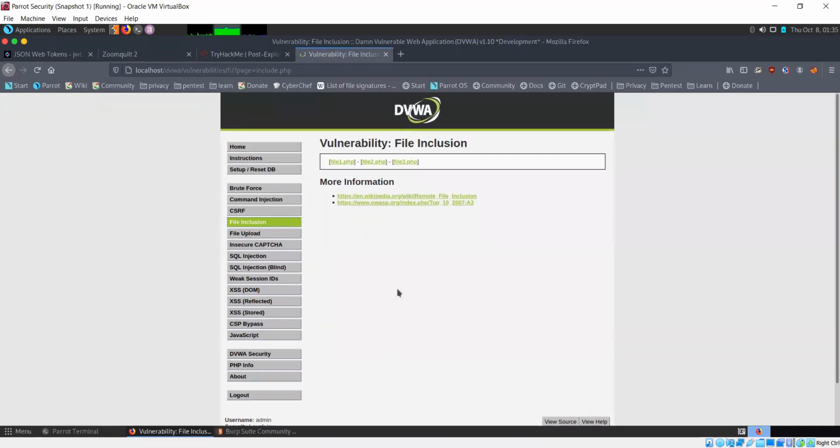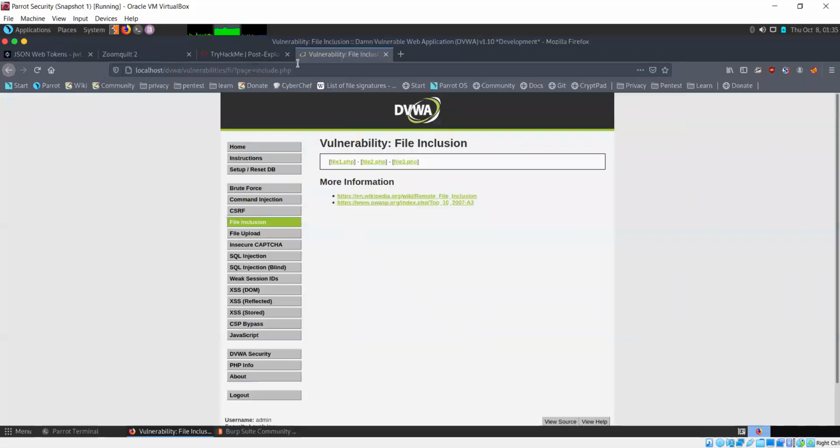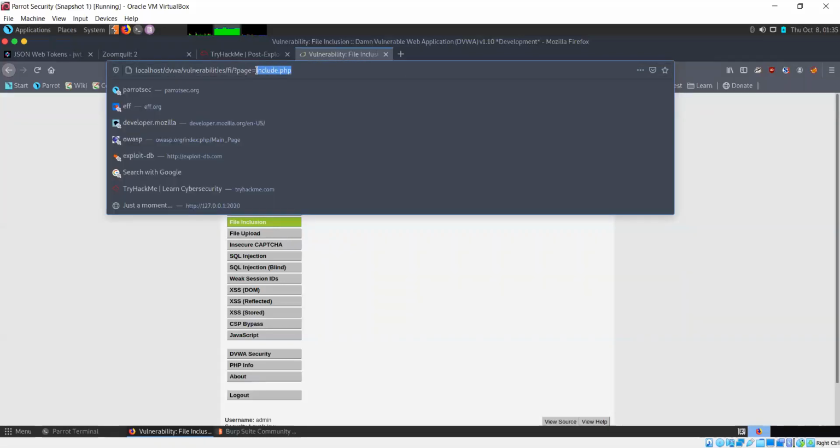Now, since this is file inclusion, and this is a parameter which points to whatever page is showing, maybe I can try to see a particular file in the server itself. So let's try.